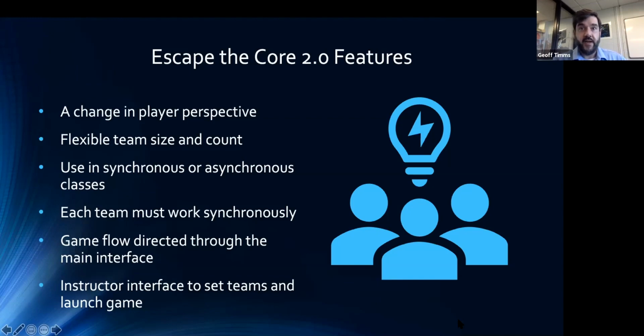The game can be run over any period, so if it's synchronous, ideally 60 to 75 minutes, much like the original game. But also, if it's being run asynchronously, it might be reasonable to have a week to 10 days to complete it. Each team is going to have to work synchronously. They're going to have to get together on Zoom at the same time and work together to play the game, regardless of whether the game is being played synchronously or asynchronously. But if asynchronously, not all teams have to be playing at the same time. They just have to do their thing within the time limit to win.